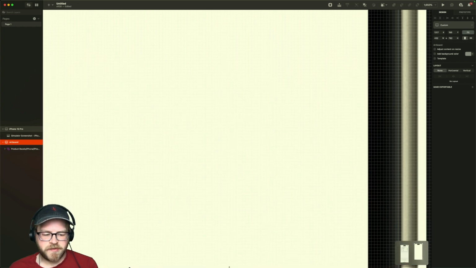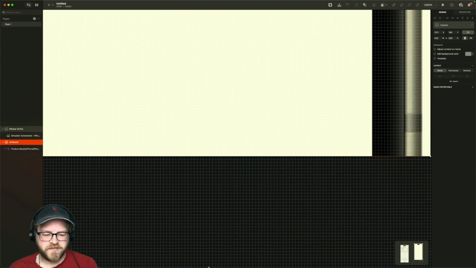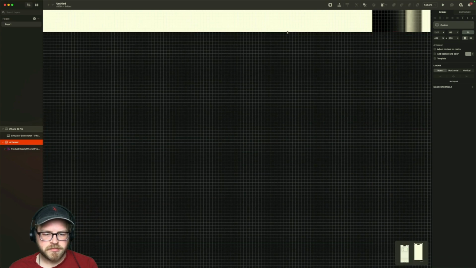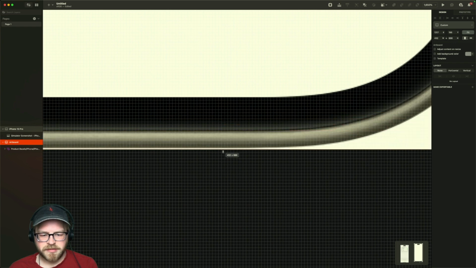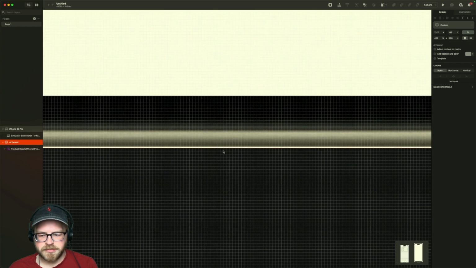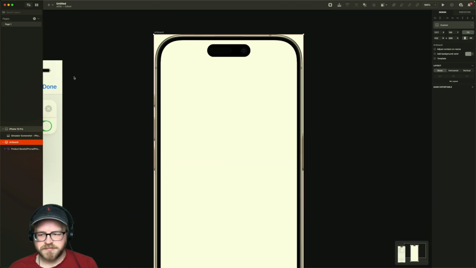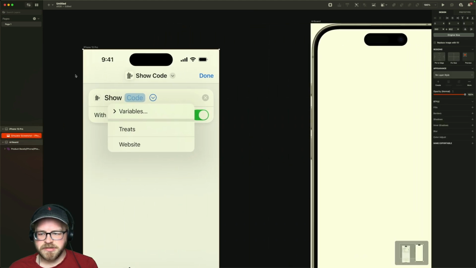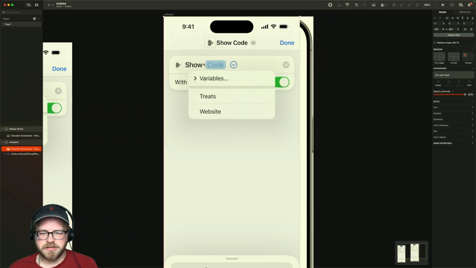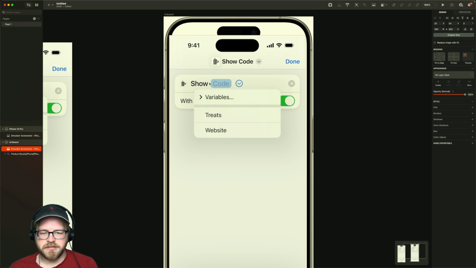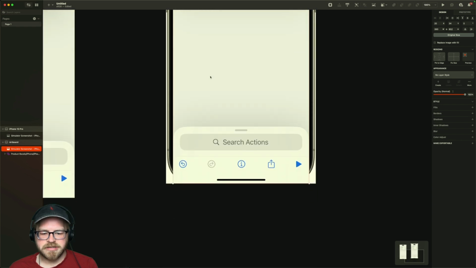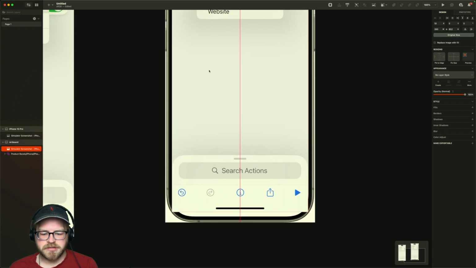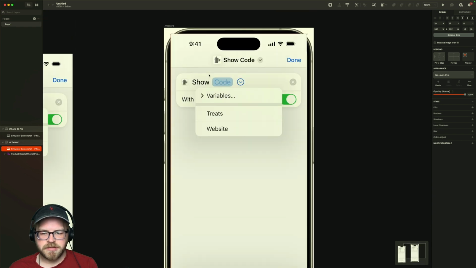How long is this phone? Such a tall phone. There we go. I think we're nearing the bottom. There we go. Okay. There's our phone. So now what we can do, I don't know why there's any reason for us to do this. We just snap it to here. Oh, goody. Not the right size. Oh, that's because. There we go. Okay.